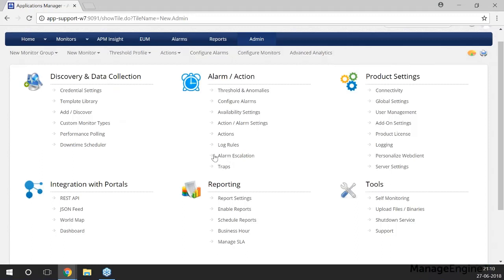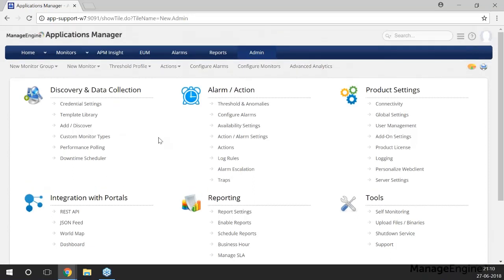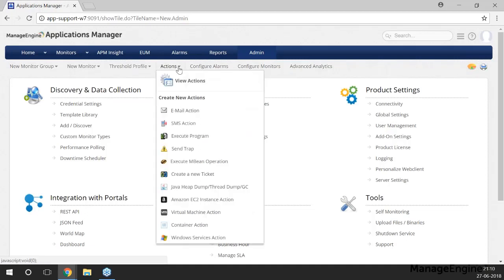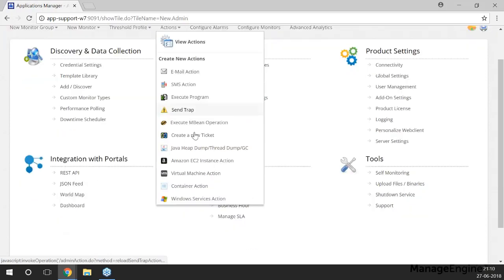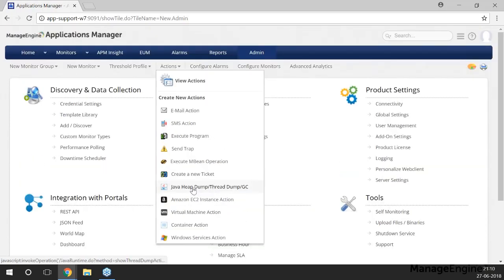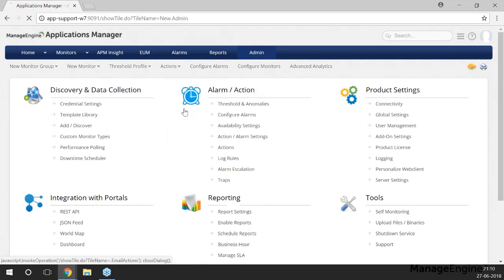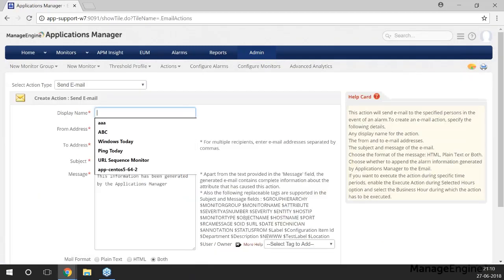So this is the admin tab. I'm sure we are all familiar with the UI of the product. So please keep your eyes on my cursor as I navigate through the product so it becomes easier for you to follow. Now, we spoke about email actions. Right here under the actions tab, you can see all the different types of actions that we just saw in the presentation. And for email action, I click on email action and I create an email action